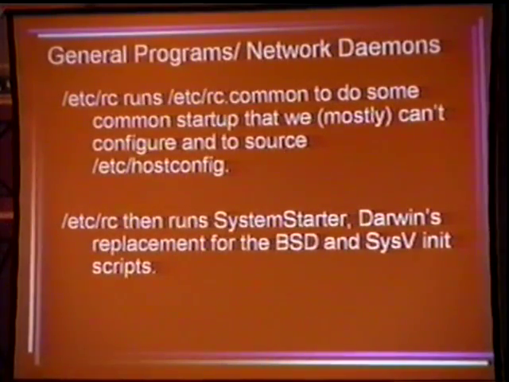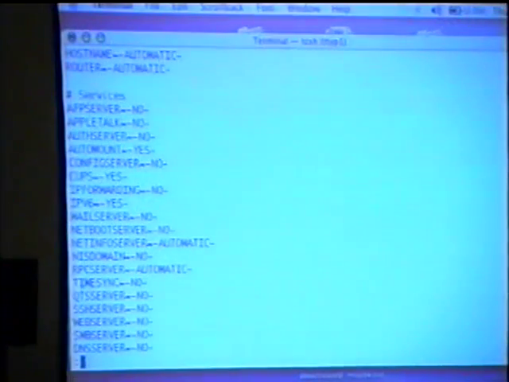Okay, /etc/hostconfig looks like this, and it has a bunch of things that you might want turned on or off or configured in some way. That's supposed to be our master file to shut everything on and off and turn it back on if we want to. Apple actually comes with some decent defaults compared to a lot of other operating systems. I didn't expect OS X to come out quite so good, in terms of not starting up with a running web server. The web server's off by default.